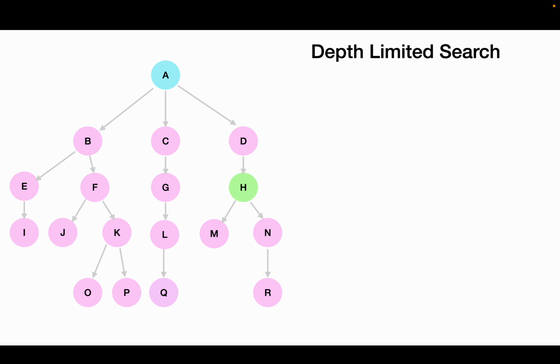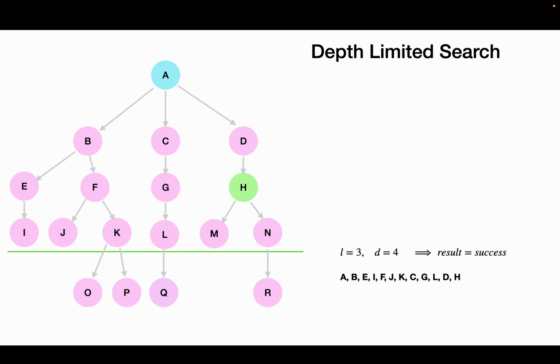Let us take this tree. As you can see here, node A is the initial node and node H is the goal node. If the limit L is 1, which means that we are not supposed to traverse the nodes below depth L equal to 1, then under such conditions we will have a traversal as A, B, C, D. And since we reached the limit, L is equal to 0,